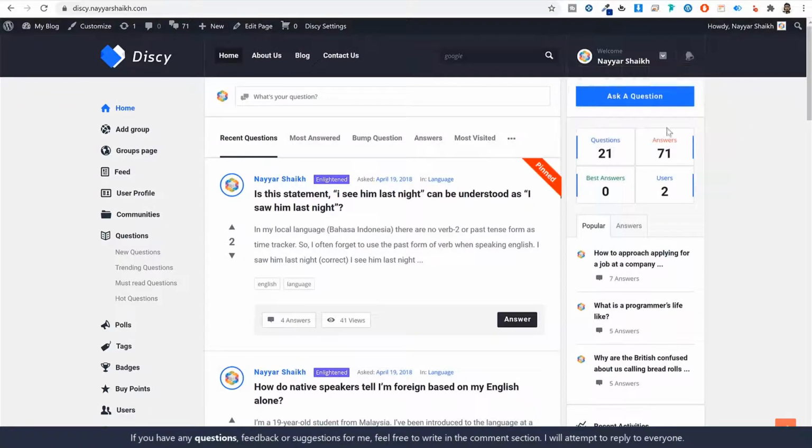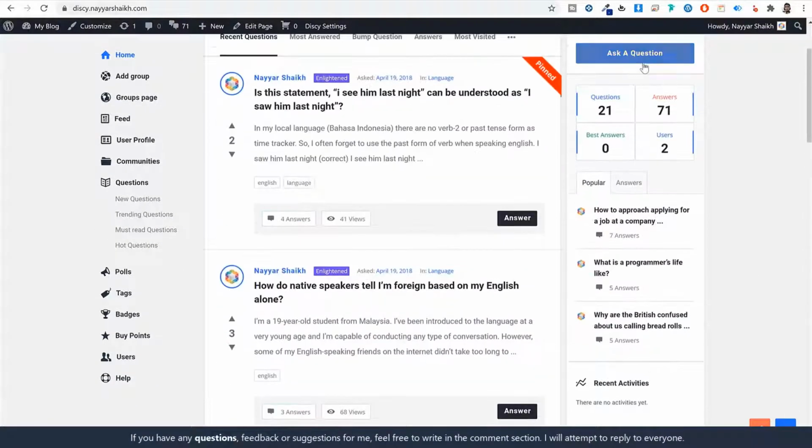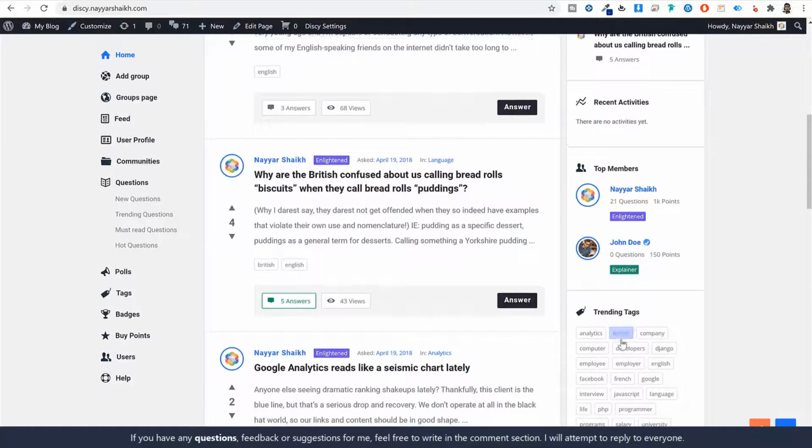Then we have the content layout. In the content layout, as you can see at the left hand side, we have these important links and I have added these different icons with these lists. Then at the right hand side we have some important widgets over here. So as you can see, ask a question widget, some statistics, some popular questions, recent activities, top members, trending tags,